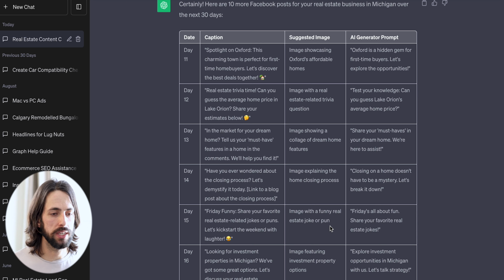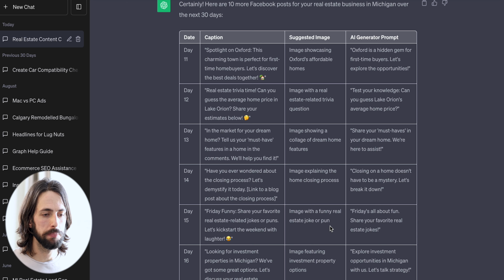Based on what I'm looking at, though, the AI generated prompt might not be the best for the AI generated prompt. That's just kind of how it works with AI. Sometimes it works, sometimes it doesn't. Honestly, what I'm looking at here is probably using the suggested image text as a better prompt for the AI generator. So what we can do here is, let's say that we want to try and explain the home closing process. I have no idea if this is going to work, but you copy and you go over here